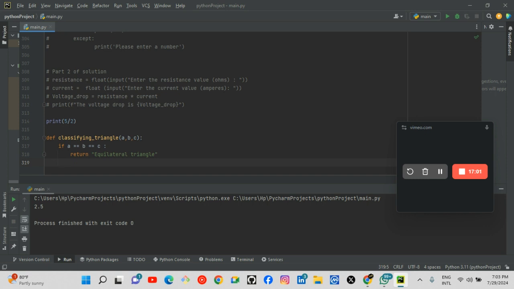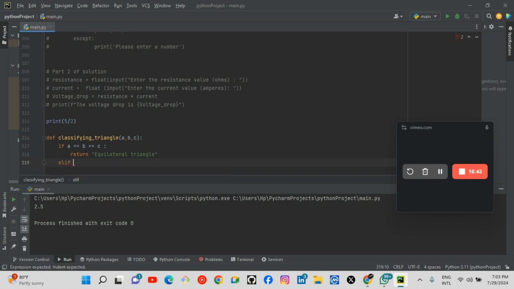Then the next one is what? We need to say 2 sides are equal, the one is not equal. So we can make use of or. In other programming languages it can be else if, but here it's going to be elif.